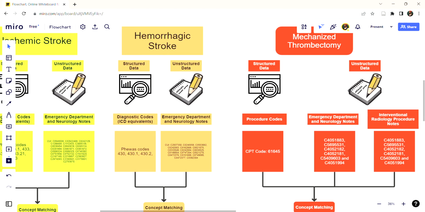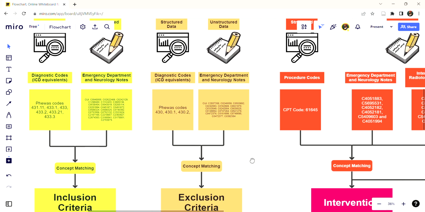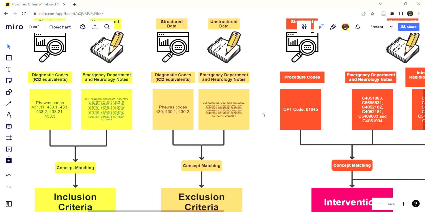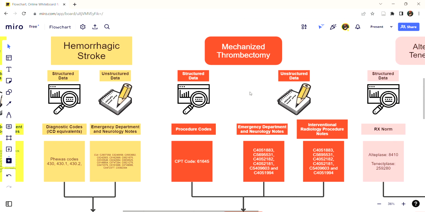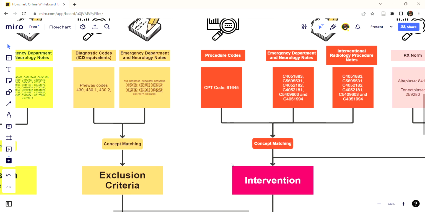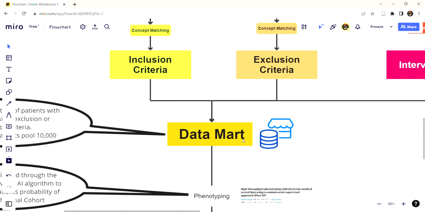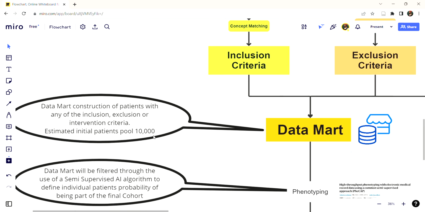We repeat this process for the exclusion criteria here, which is hemorrhagic stroke. It's important to look at the exclusion criteria in this case specifically because this is also an adverse event of our study, so it's important to have those patients in the data mart as well. We do a similar process for mechanical thrombectomy, for alteplase and tenecteplase, and at the end we're going to have our data mart. And since the data mart is very sensitive, we expect about 10,000 patients to be included in